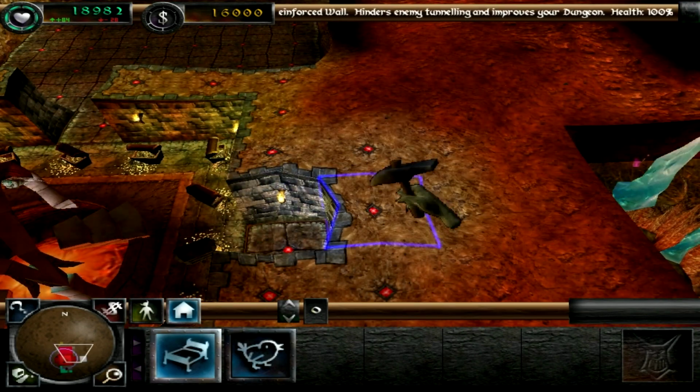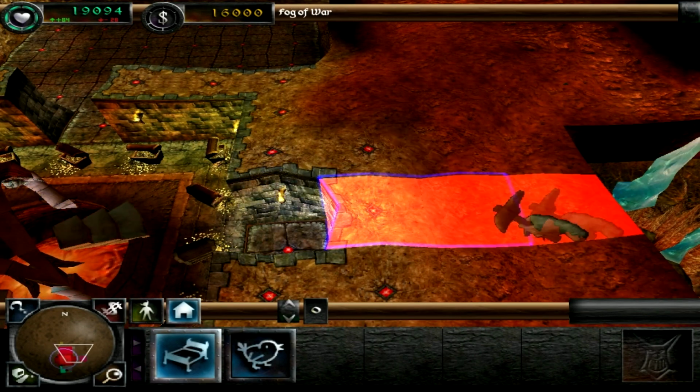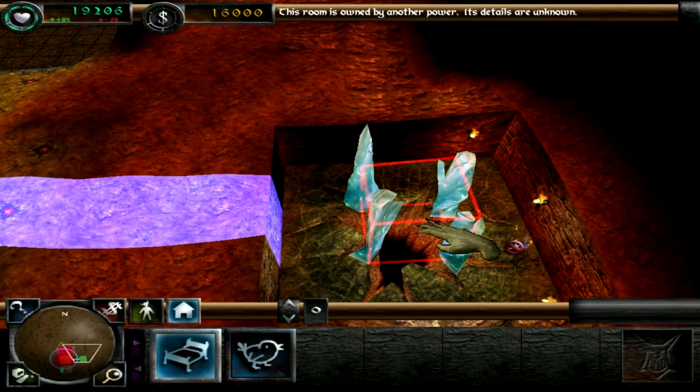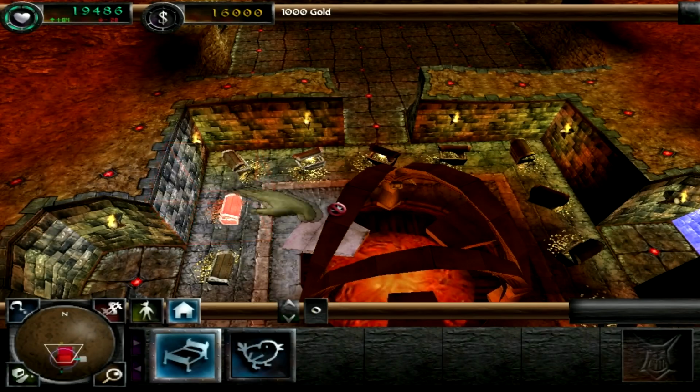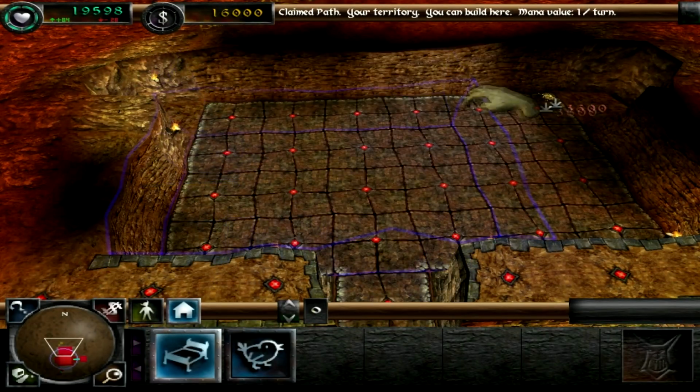Now, I'm going to oblige him and start my imps digging into this room. But this is where creatures come into your world. If they like your dungeon, say like they like that you have a big lair, which is what I'm going to build,